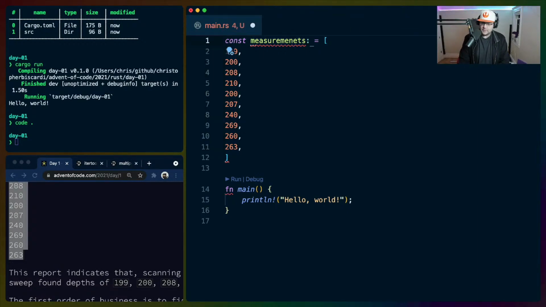No, I didn't spell measurements wrong. I was like, I did spell measurements wrong. Let's call this seafloor. I haven't had my coffee yet, so I'm just going to use simple words. Let's make this a thing of U16s.